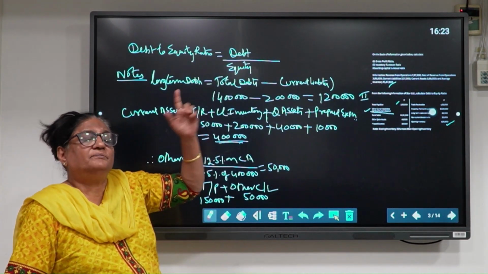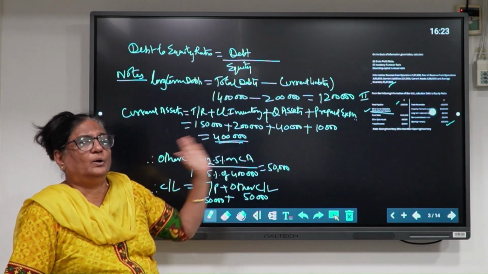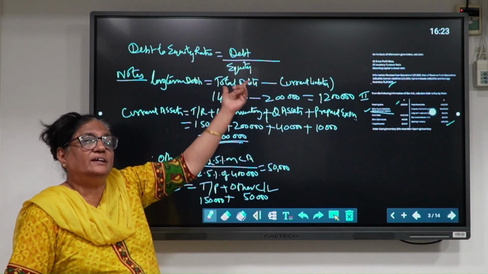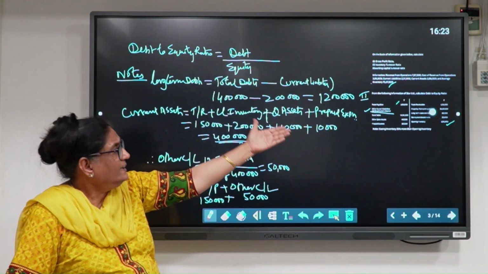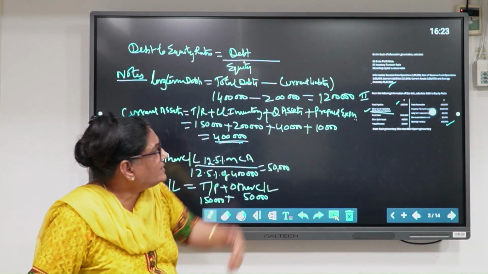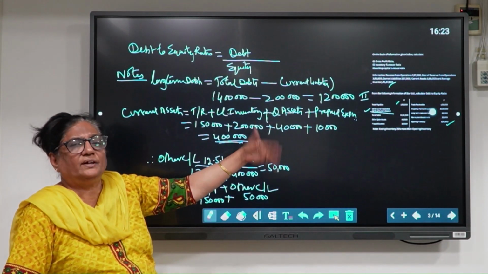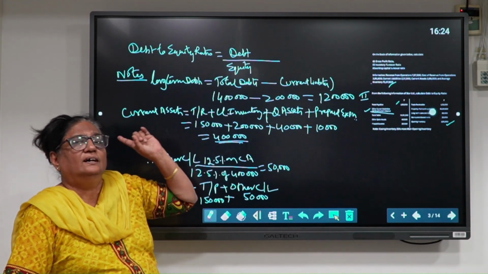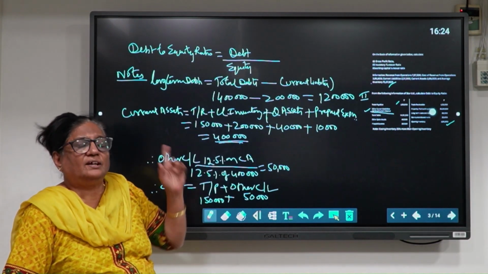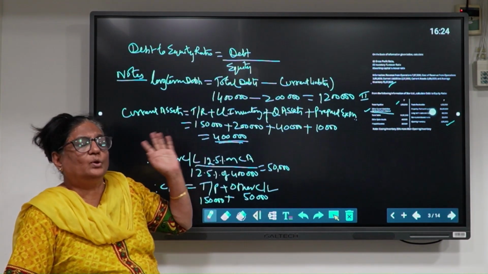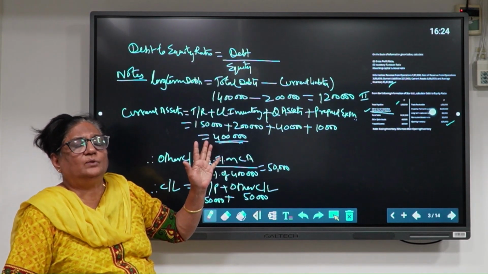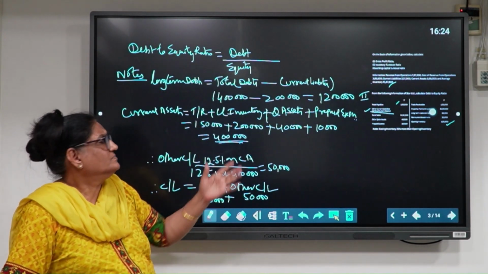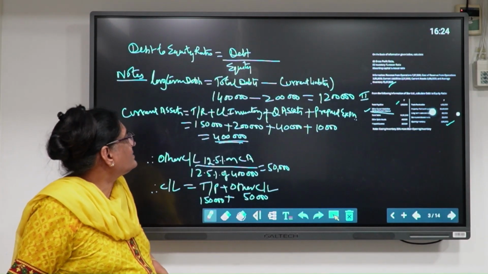And inventory, in the first part only I found out, because I wanted to just finish it off there. Because opening inventory was given, we had to take opening inventory, which was given as 1,60,000. In the second part I could have found it, but I thought average inventory must not have been given, so we are supposed to find out average inventory. That's the reason I did the calculation. No problem. So now we have got 2 lakhs.